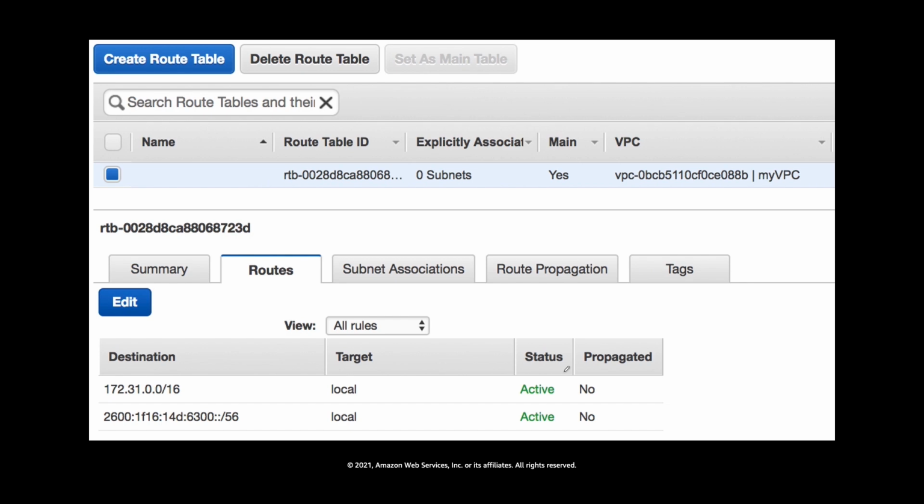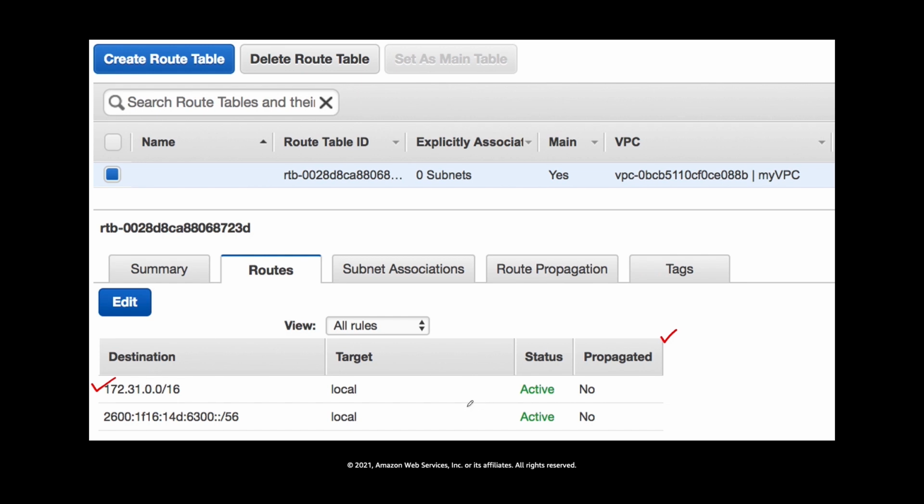But if you look at this table, it is very clear that any instance within your VPC cannot access the internet, because there is no such address. Let's say you take an address of 8.8.8.8; that doesn't come under this destination, because that is not in the CIDR range. So we will see next how you can have internet connectivity for your route table.